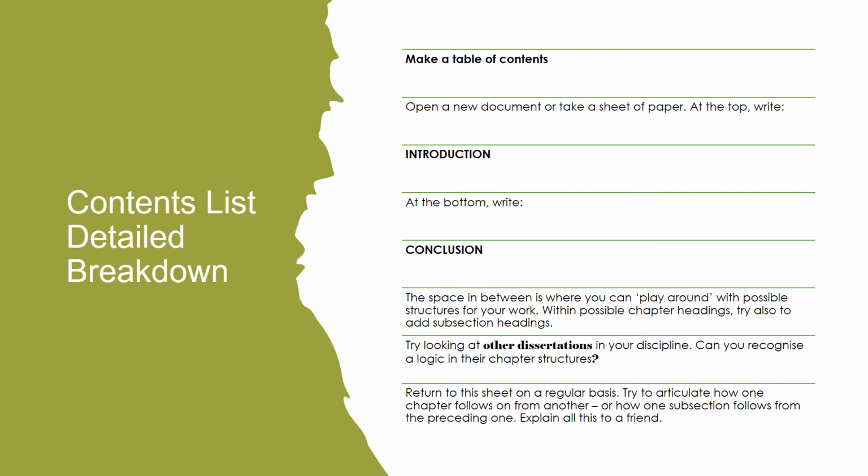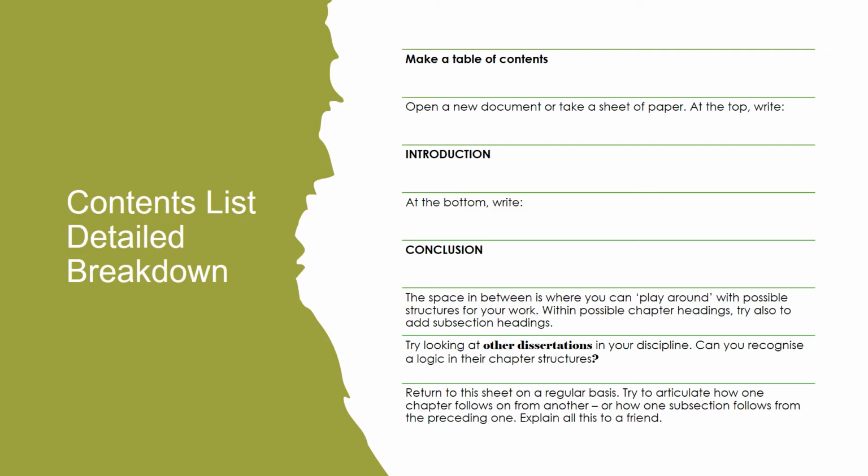In a more concrete way, you might decide to change the order of chapters or sections, but this is a way of just focusing on how we're going to start using that reading. And again, you might want to explain this to a friend, talk to yourself. Why are you going to put these things in this order? How are they linked? Why in your mind does one thing follow another? So if you think about chapters